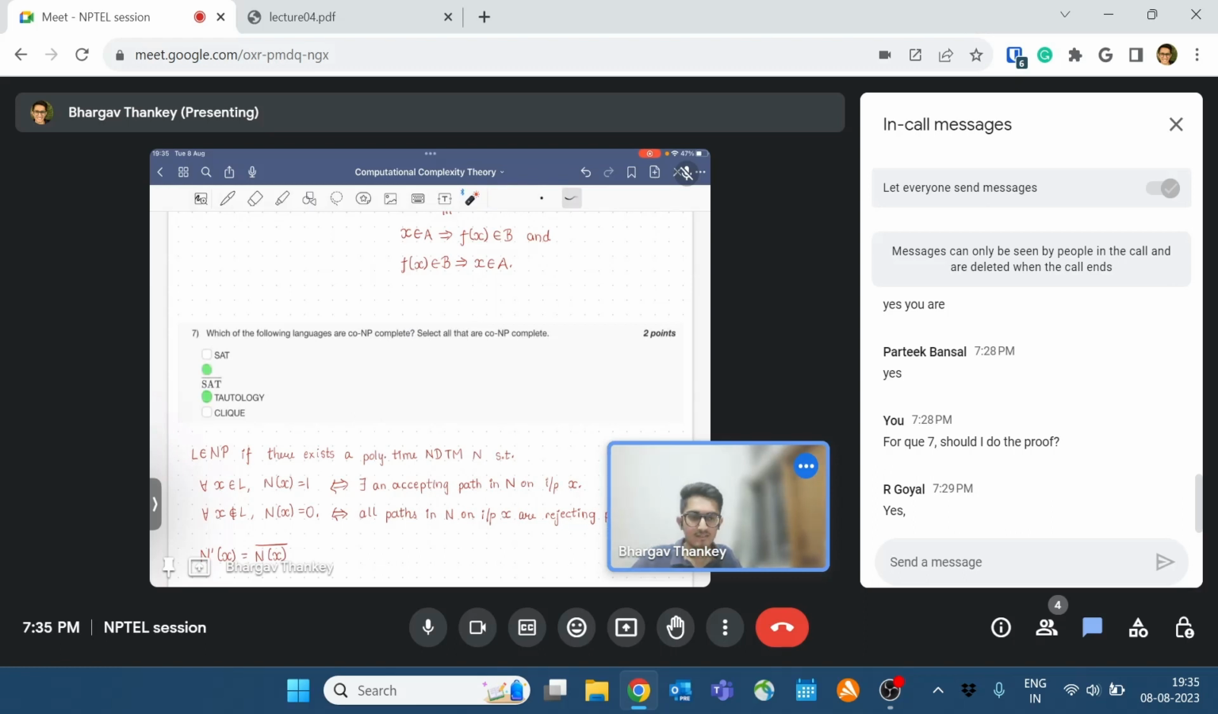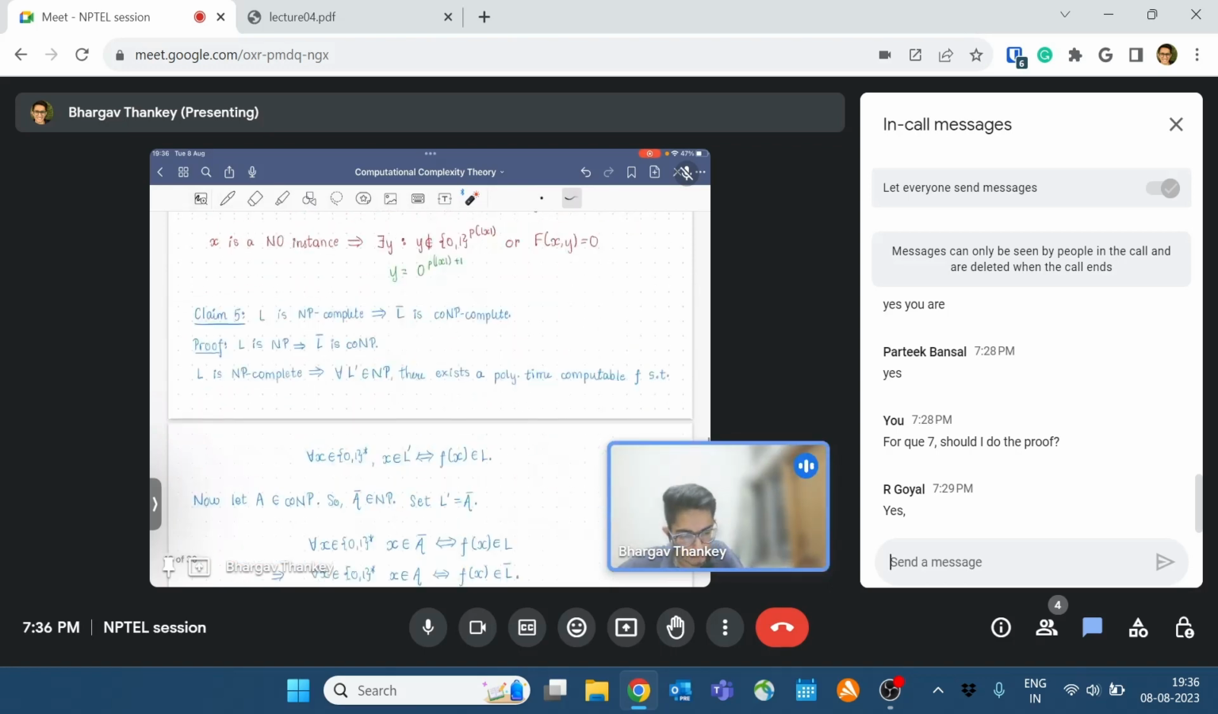Is this fine? Yes. So we replace this A by SAT. Sorry, not A by SAT, but we need to replace L. Okay, forget about the proof now. This proof was to prove this claim, right? Yes. So if I replace L by SAT,